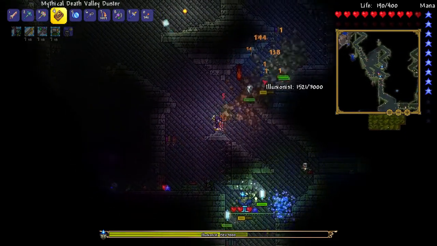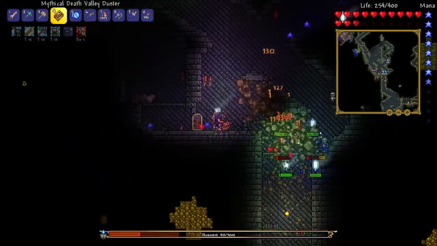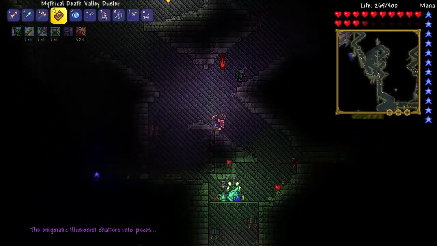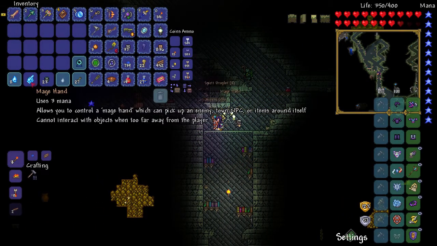No, it's got to be the guy with the eyes. That's what it is. Cool. New record. The illusionist shattered into pieces. Cool. So what do we get? We got a mage hand. You can pick up any...